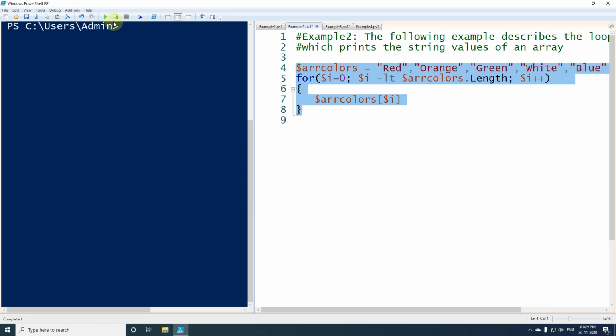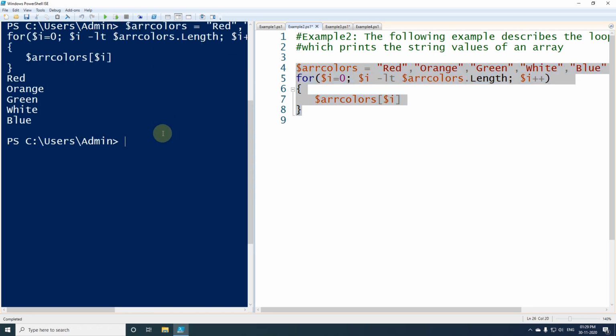So if I execute this one, the first time this loop executes, we have put 0 here, so 0 will be less than the length of the array, which will be 5, and 0 will be used here.